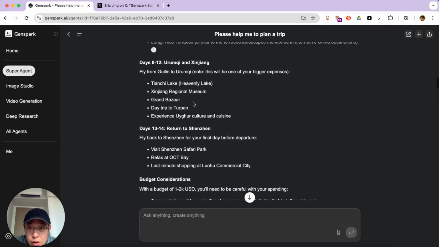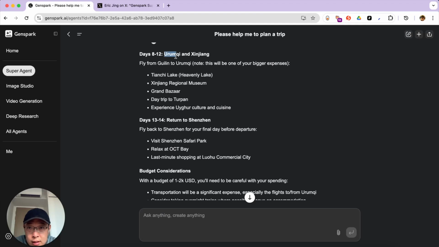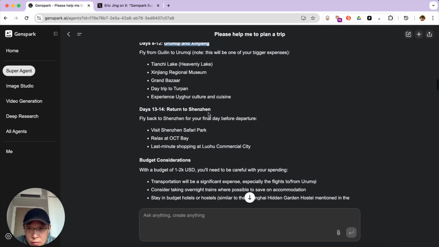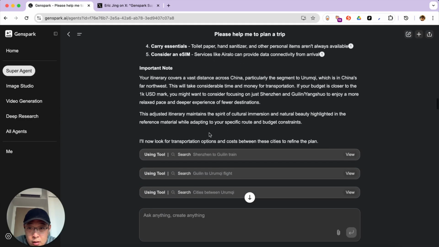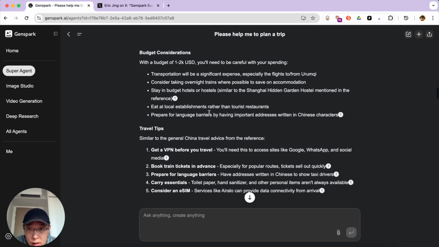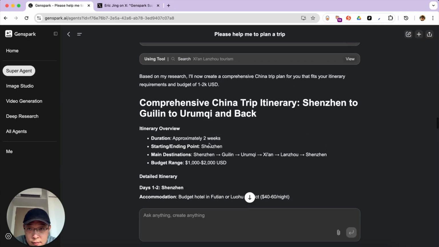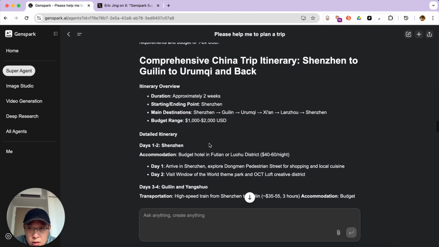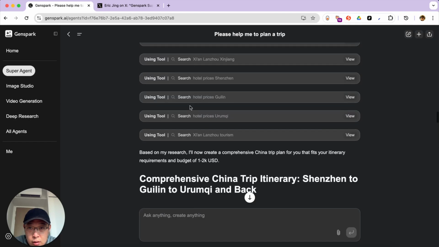Okay, so you actually missed my last instruction, because I want to visit two more cities after I get out of Urumqi before I return to Shenzhen. Okay, get a VPN, of course. Comprehensive, Shenzhen to Guilin to Urumqi and back. Oh, detailed itinerary. So what is this?